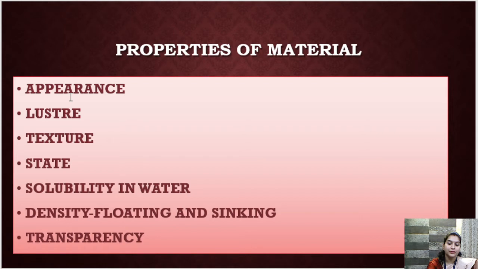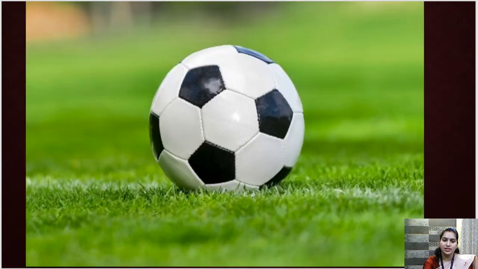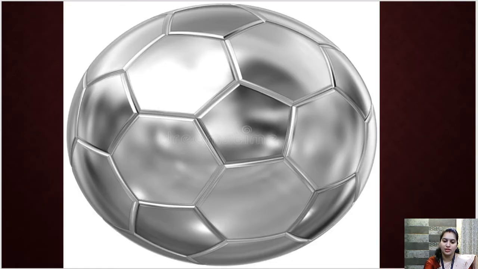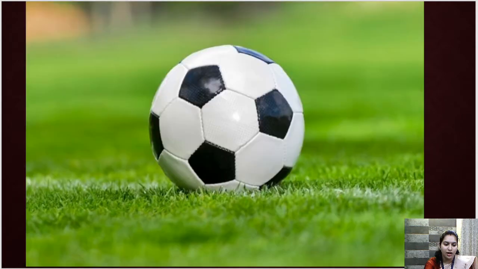Children, before this, I just want to ask you why these properties are important. Are these properties important for material and why are they important? So let's consider, what is this? This is a football. Okay. So we know that a football is made up of rubber. Yes, it is made up of rubber. Okay, it is soft and we can kick it with our leg. Now consider if you have this type of football. This is a metallic football and it is a very heavy football. So which one are you going to prefer for playing? Will you prefer this football or this metallic football?